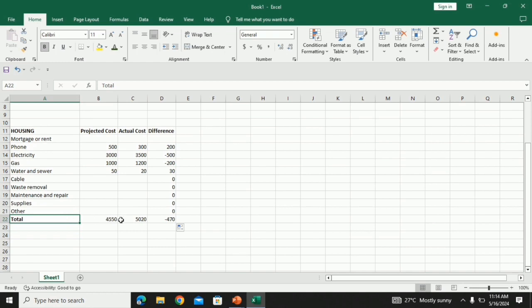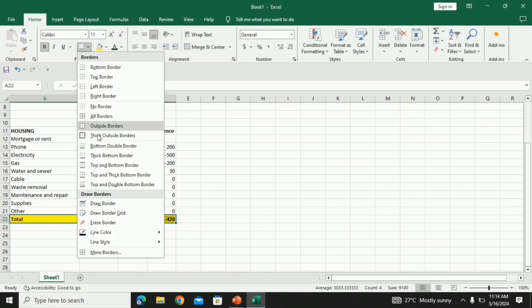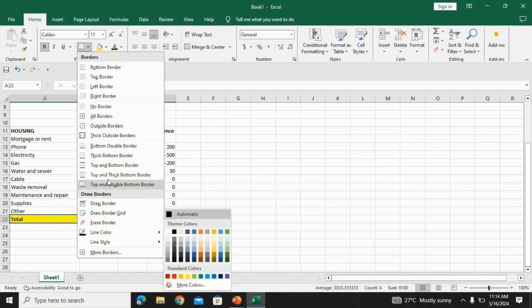To highlight the total amount of projected cost, actual cost, and difference, make it bold, put fill color yellow, and click top border.